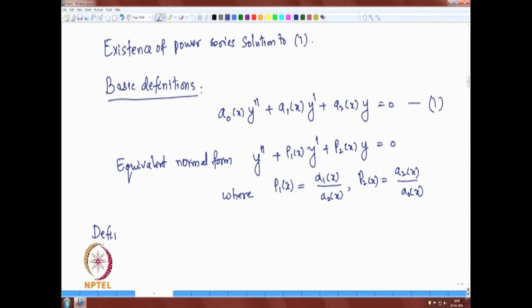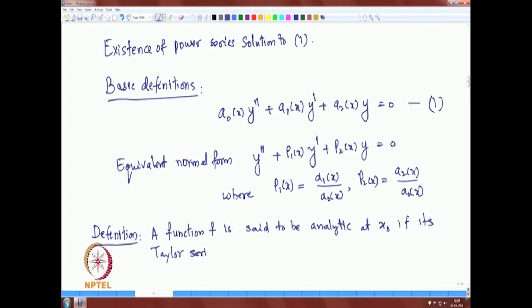Definition: a real valued function f is said to be analytic at a point x0 if its Taylor series expansion about x0, given by summation n goes from 0 to infinity, the nth derivative of f evaluated at x0 divided by n factorial into (x minus x0) to the power n,